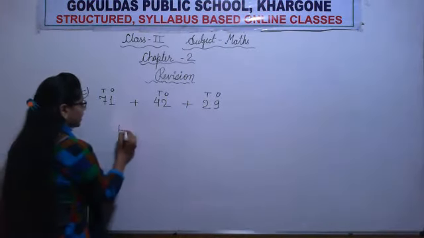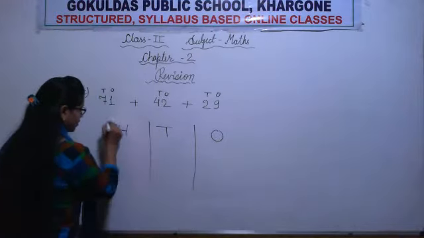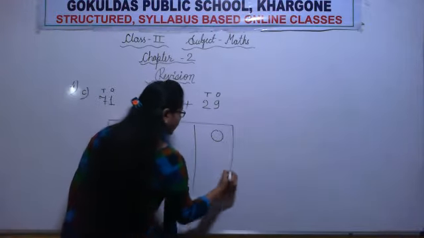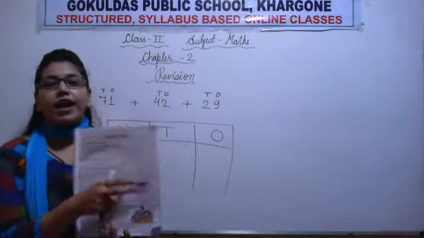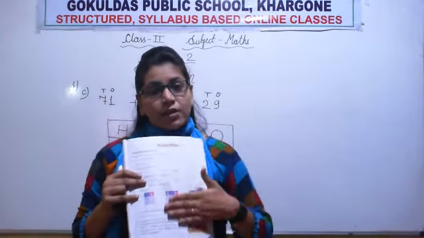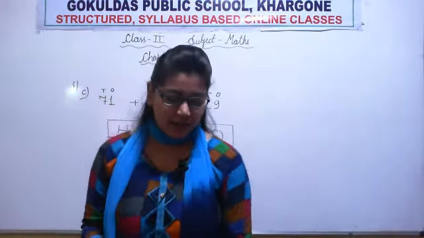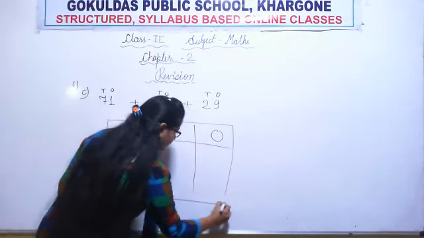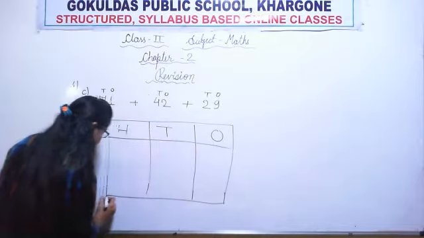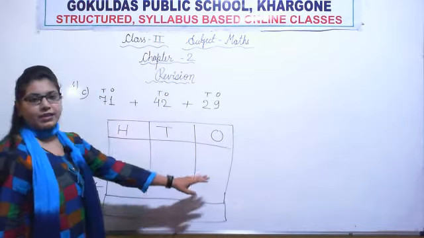Now they have given us a table also. So let me make the table first. See, you don't need to draw all the tables and all the things because this revision part will remain in the book only. No need to note it down in classwork copy. Okay, this is how the table is given in the book.